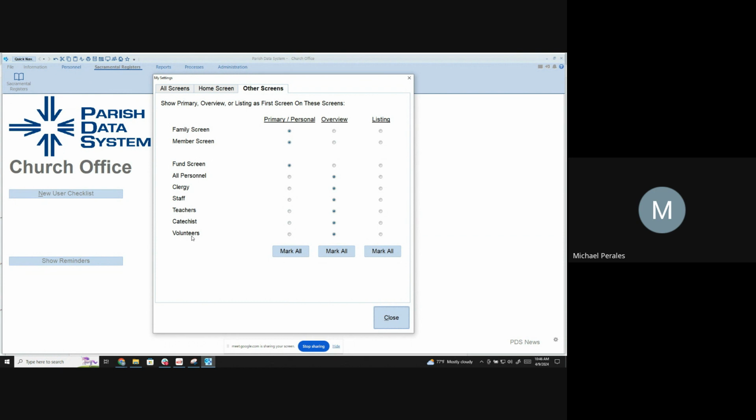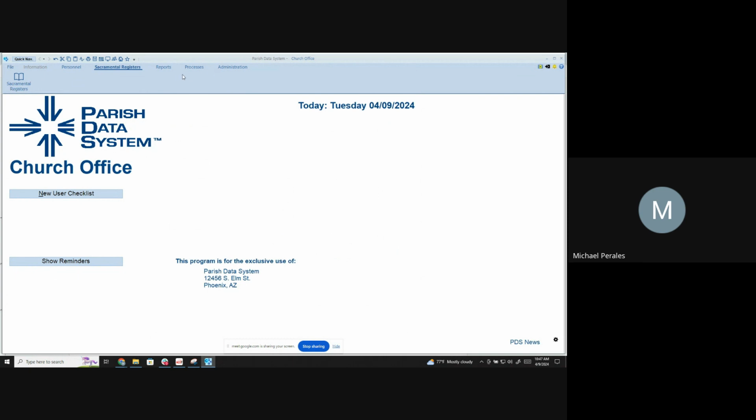Now, if you prefer to see the primary personal view of that record first, and then still have an opportunity to go back and look at the overview, then you can set these just like we have here on my screen. I'm going to click on Mark All, and I'm basically telling the program when I log in, when I navigate to my family screen, always show the primary view first. Same with member and same with the rest of those screens. I'm going to click Save OK, and I'm going to click Close. Okay. Now, where that becomes important is if I go to Information and I go to my family view,